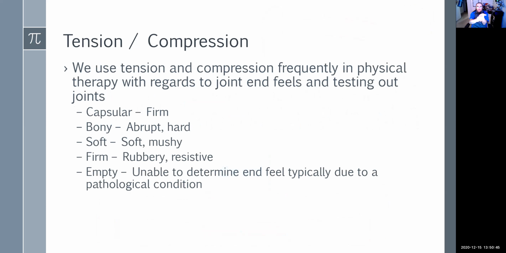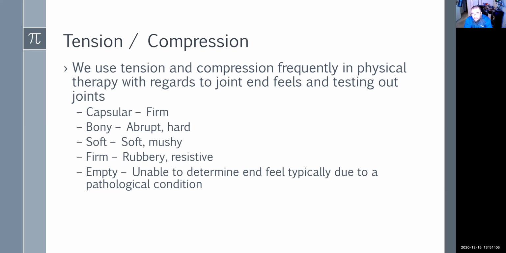So if I take my wrist and I pull it back, I get a really firm, kind of rubbery response, right? Because if I lift off, my hand kind of snaps back. So I pull, bang, bang. I get a little bit of a rubbery response from that. You can also end up with capsular end feels. This is where it's firm and it kind of locks up on you.